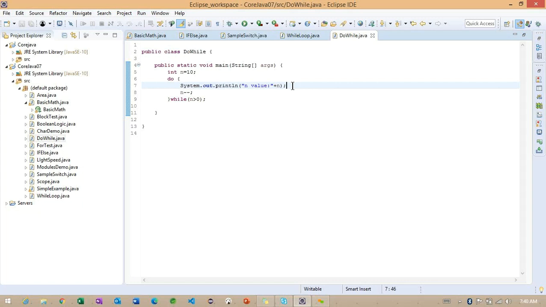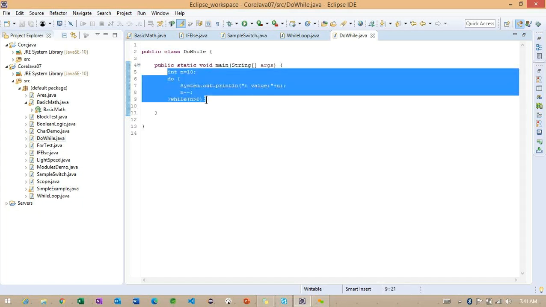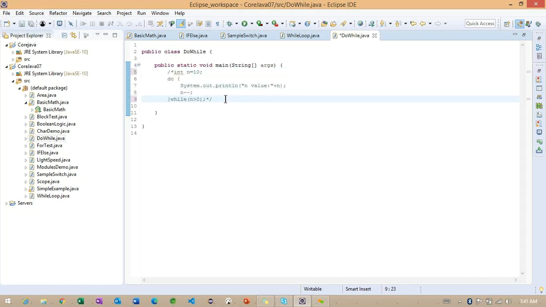I want to make a simple example here. Let me comment this particular section here. What I am doing here, I want to make a choice here.